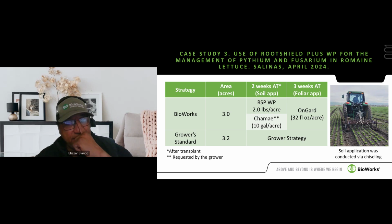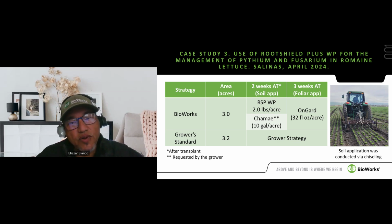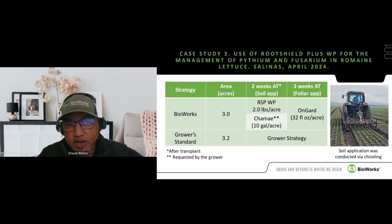So the third case study we have for today was the use of Root Plus in combination with Chamay again. In these cases, we have been using pretty much what the grower wants to use. We also combined that with a foliar application of On Guard in particular. The only difference here was that this was in lettuce, and we were trying to combat Fusarium oxysporum